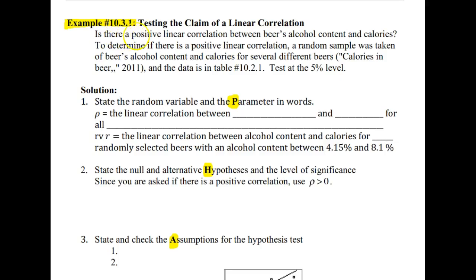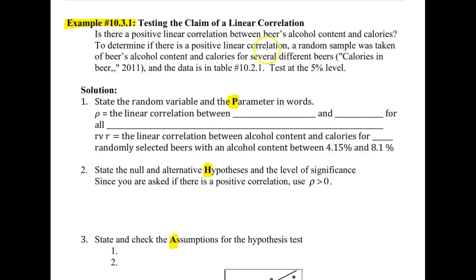So example 10.3.1. Testing the claim of a linear correlation. Is there a positive linear correlation between beer's alcohol content and calories? We've been asking ourselves this question through the whole chapter, and we've been building up to this final inferential procedure. We first started answering that question by looking at a scatter plot to see if